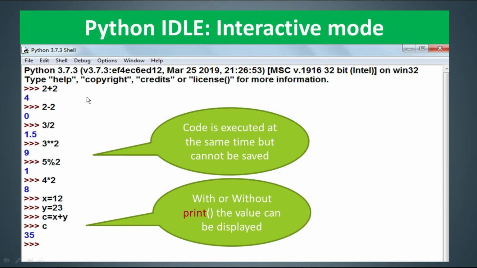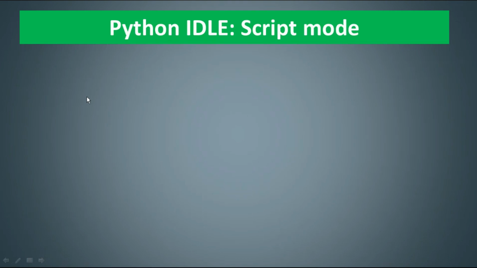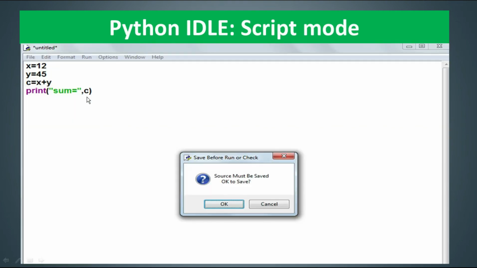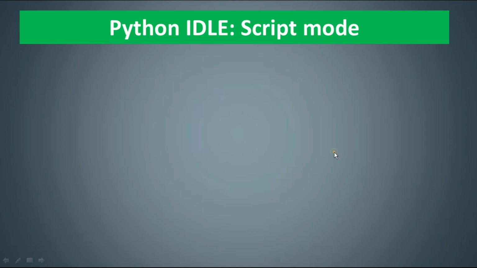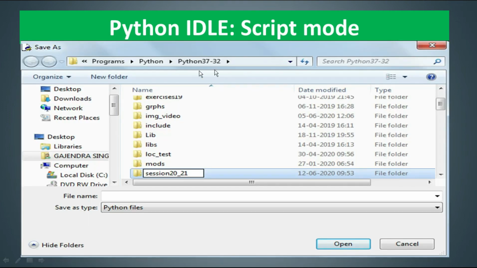Clear? Next is saving a program. To save a program, you have to open the editor to save the file. So this is the editor where you are able to type the commands. As you type the commands, these are not executed. So these are 4 statements you can see here. After that, press Ctrl S or click on File, Save, just like in your Word and your text editors. Then as you press Ctrl S, your Save As dialog box will appear. In this dialog box, you can see the default location of your Python programs.